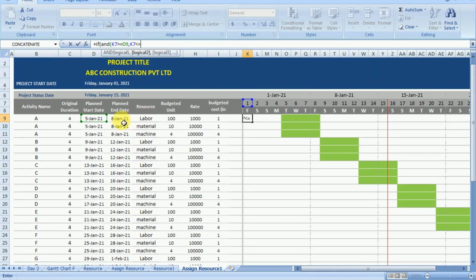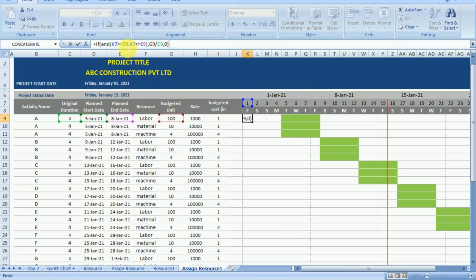That means my calendar date should lie between the planned dates. So it's represented by the green area. Then my value should be budgeted unit divided by original duration, that is per day unit. So the total unit divided by total duration giving me per day unit. Otherwise the option will be 0.